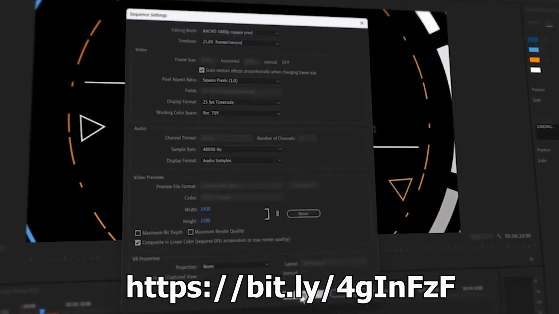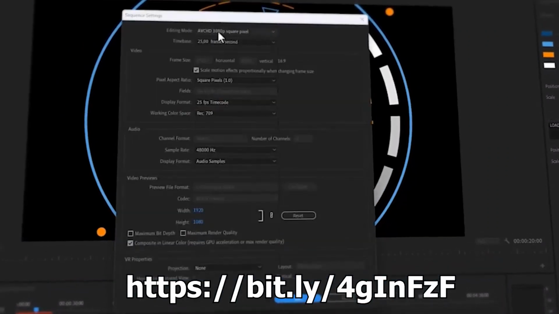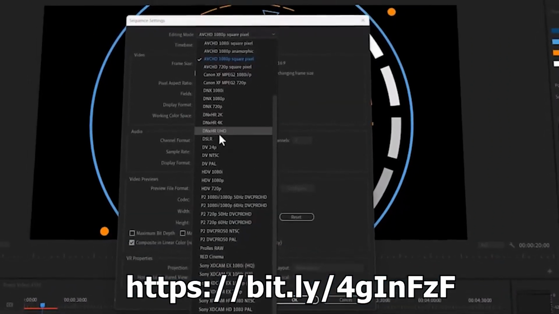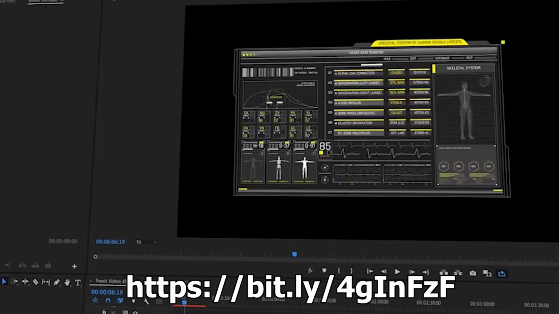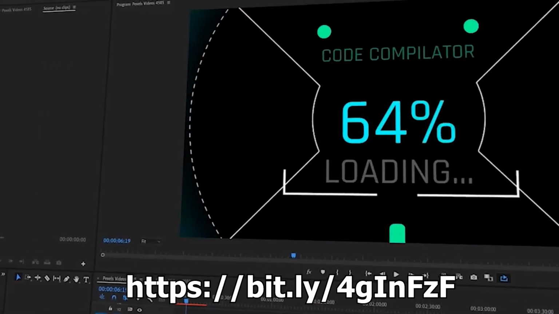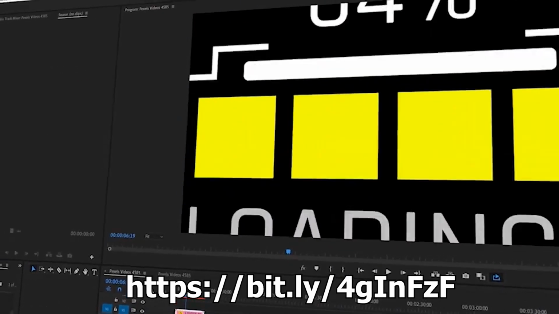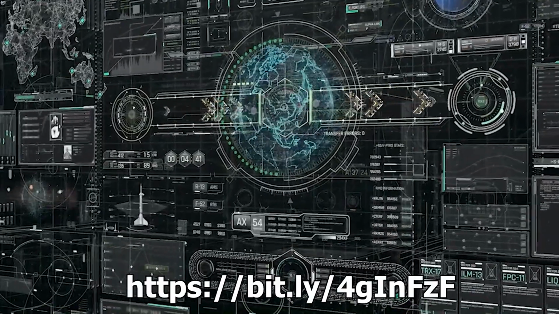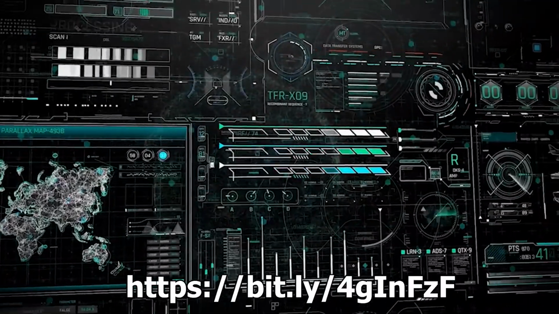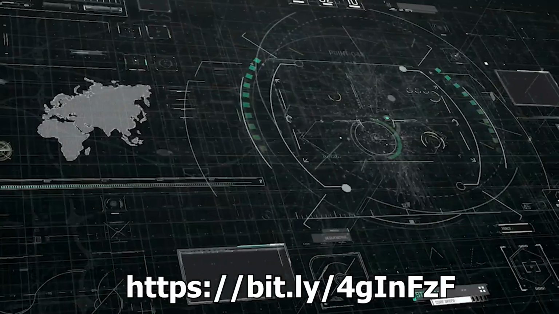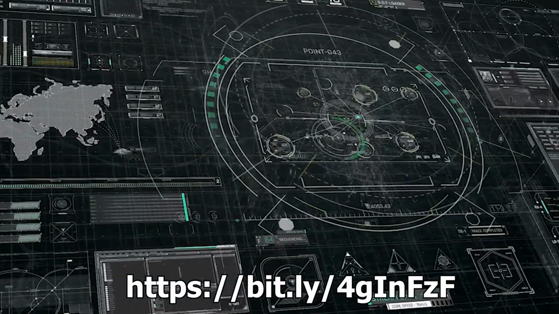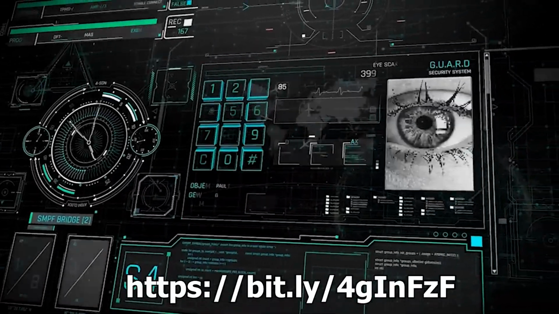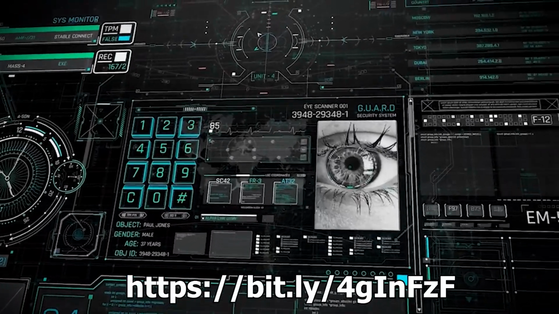Thanks to the built-in Alpha Transparency channel, integrating these elements into your projects is as simple as drag and drop. And if you want to match your project's color scheme, the Easy Color Control feature lets you make adjustments in just 2 clicks. But that's not all. With free updates, you'll keep getting new HUD elements, ensuring your projects stay modern and high quality. And to make your experience smoother, all elements are neatly organized into groups, so you can quickly find exactly what you're looking for.